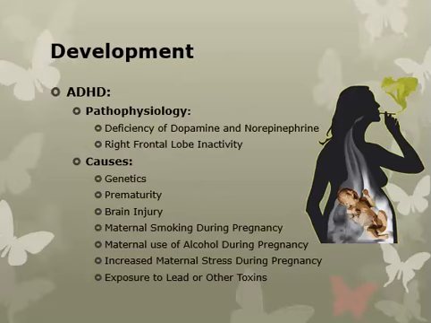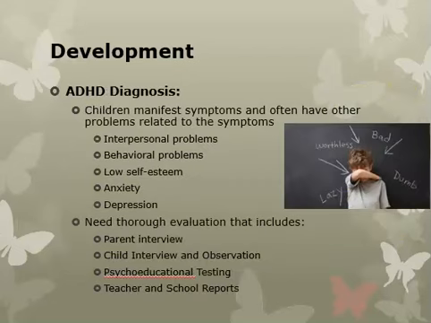Pathophysiology, you can see there, there is a deficiency with the dopamine and norepinephrine and a lower activity level in the right frontal lobe. Causes are thought to be from genetics, prematurity, brain injury, maternal smoking during pregnancy, use of alcohol, you can see there, increased stress and exposure to lead and other toxins. So we don't actually know what causes ADD or ADHD, but these are what we think are the causes, or can be contributing factors. As far as diagnosis,